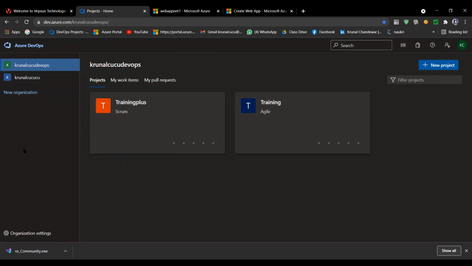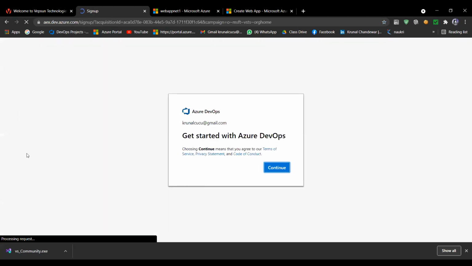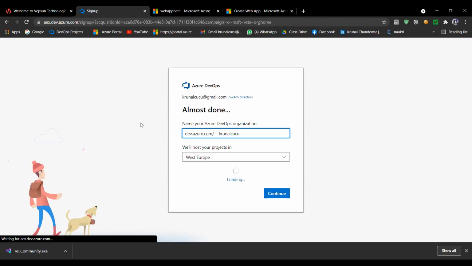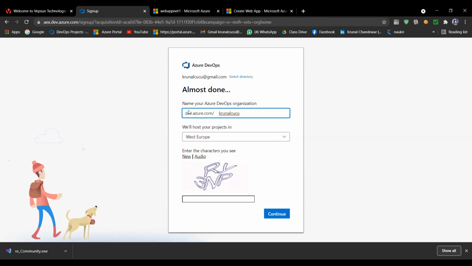But whenever you are coming to this DevOps, first you have to create an organization. And how are you creating an organization? You are getting here a tab of new organization. After clicking on this new organization, you can make a new organization. It will ask you the name of your Azure DevOps organization, like this dev.azure.com, that will be in your link.